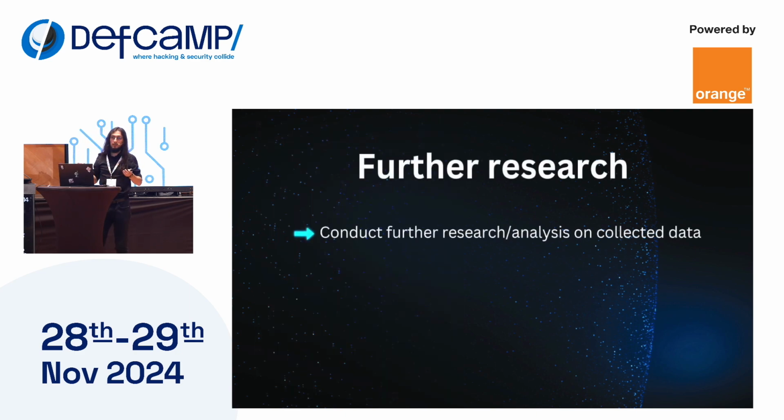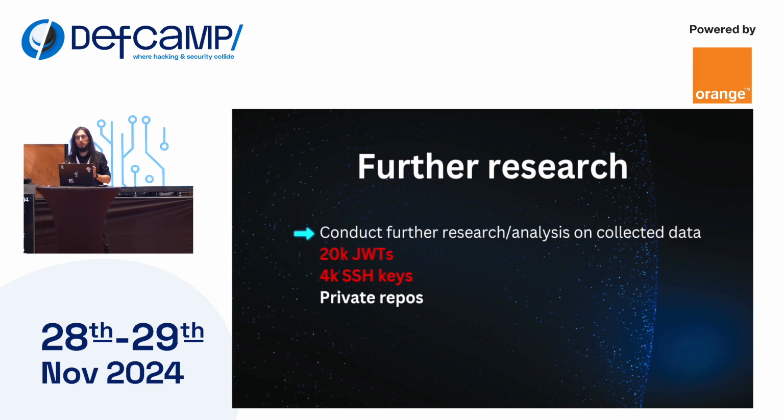We had other data besides AWS access keys, and we did some research on it. Like we had 20,000 JSON Web Tokens. We did some analysis on that, but nothing came out of it. We also had 4,000 private SSH keys, but again, nothing came out of it. Another idea that we had was to look at the big number of repositories that we collected, identify the private ones, identify the web applications in the wild, do some source code review, find vulnerabilities, get some CVEs, but I don't think we will ever touch on that. It was something that we had in mind for another research.